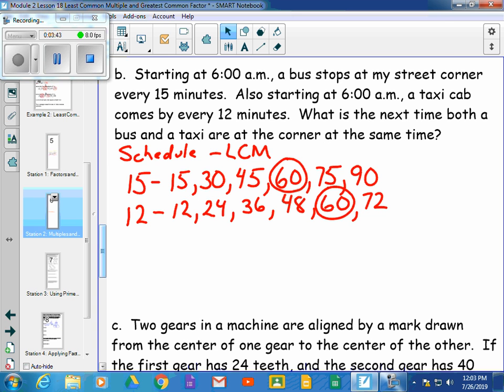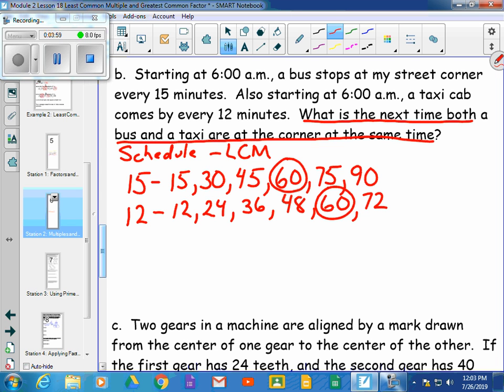Now that's not our final answer. What that means is that the next time that they'll be together will be 60 minutes later. Okay, these are focusing on minutes. The question is, what is the next time? Well, if they both start at 6 a.m., 60 minutes later would be 7 a.m. So they will be at the corner at the same time again